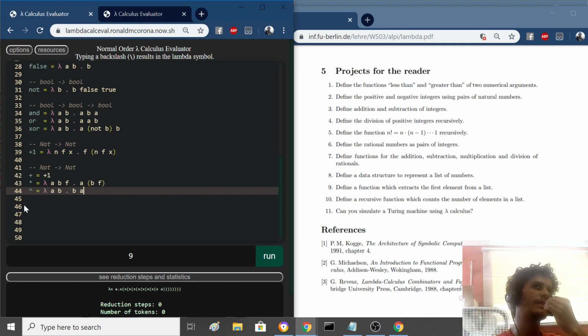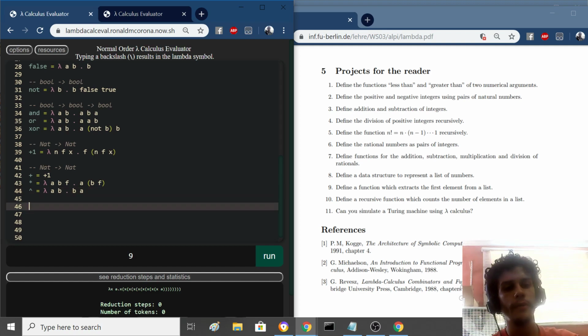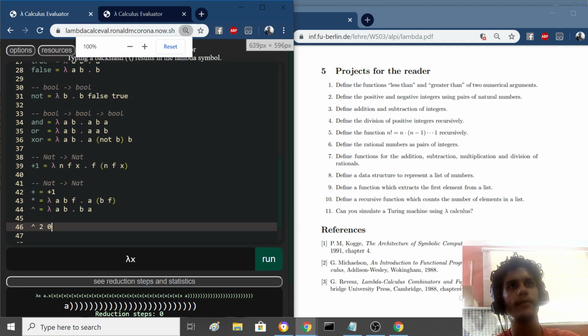These are not the ones that I'm asking you to try and solve on your own. But if you can, if you want to, you can. So let's test it out. So 2, 3, gives you 8. 2 to the power 4, 16. 3 to the 3. Anything to the 0 will give us